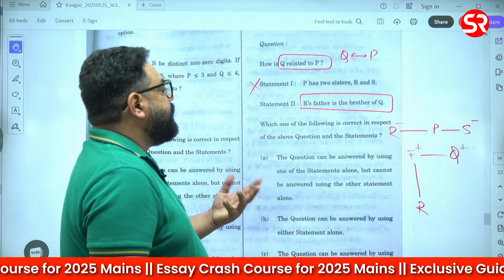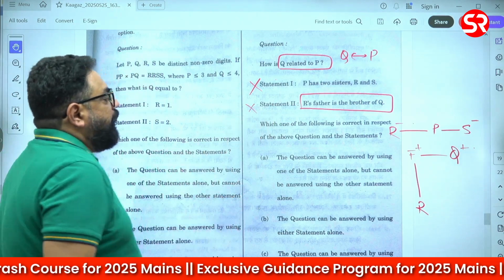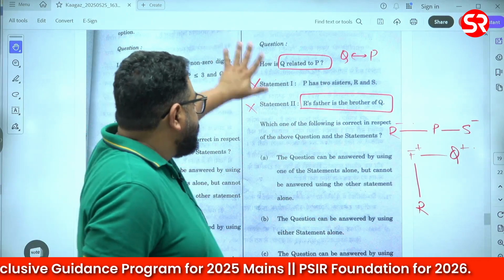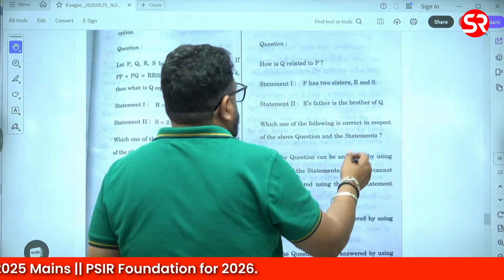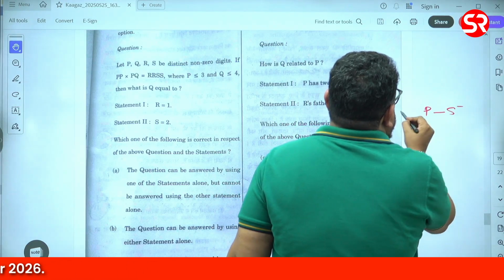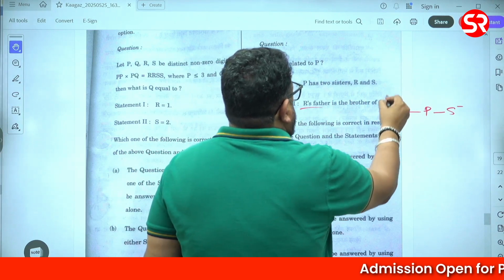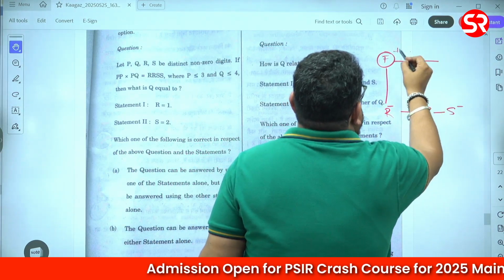But then the second statement alone is not giving you any relation. You would have to mix them. Both the statements individually are not giving you the answer. So let's mix it. अभी अगर अपन mix करते हैं इसको, right? So P has R and S, right? R's father, so R का जो father है, right, is brother to Q,